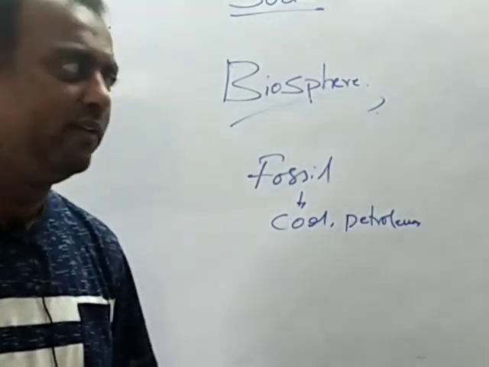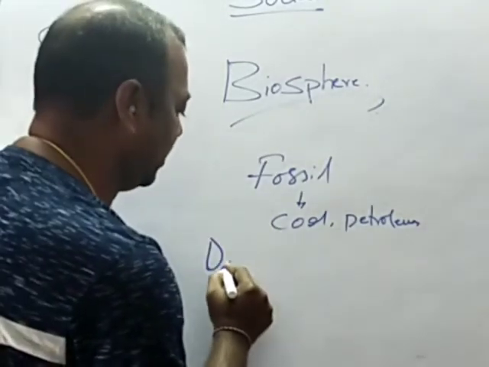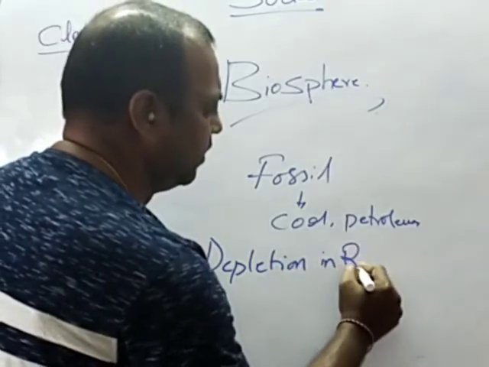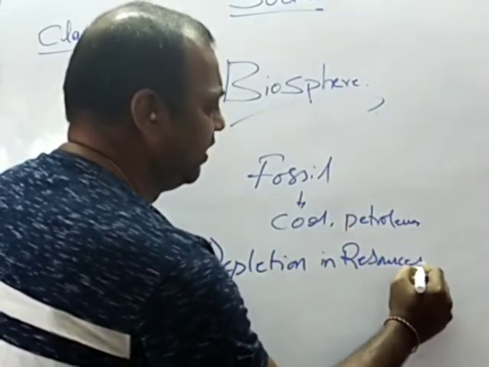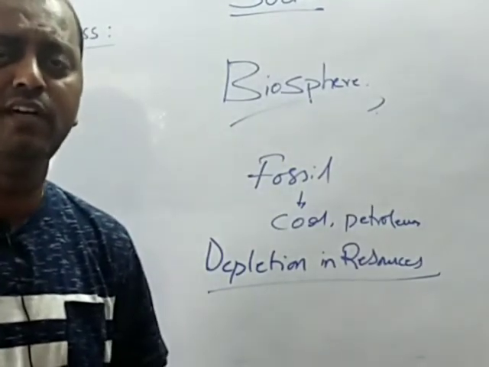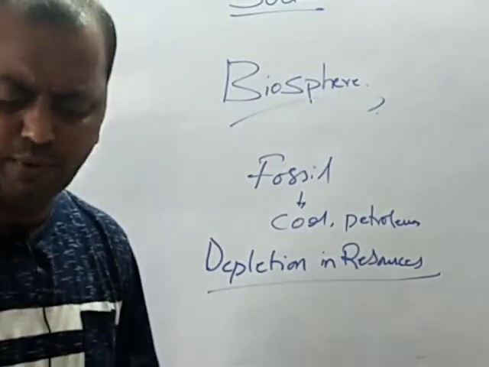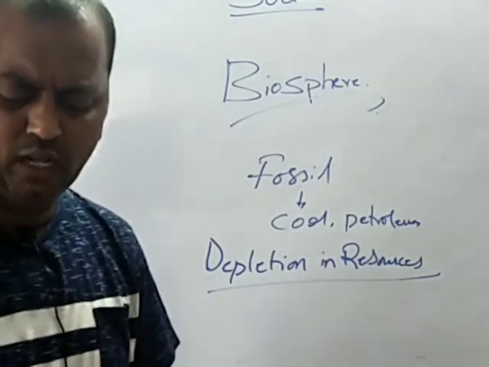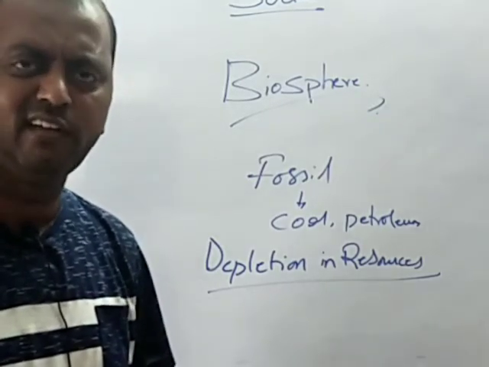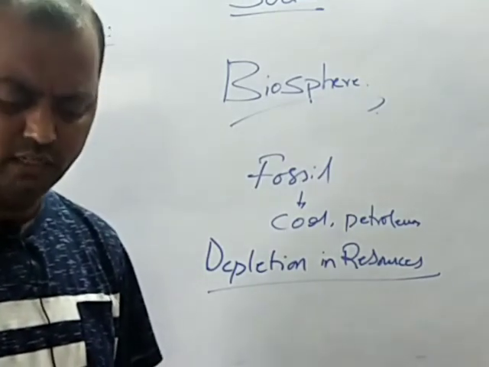And because of this, it has led to another important crisis, that is the depletion of resources. Depletion in the sense, decrease in the resources. Whatever resources are available on the earth so far, they have started decreasing because of this pollution. Now see, industrialization, rapid growth of population and urbanization have all led to the unprecedented exploitation of natural resources like minerals, forests, soil, water and air.